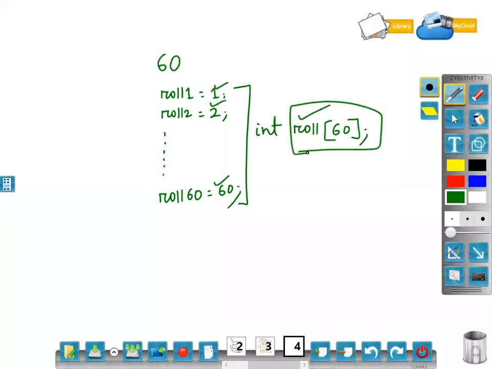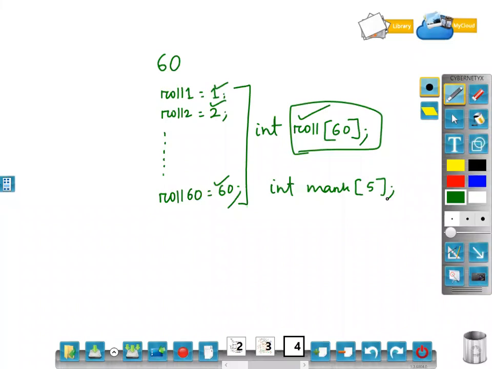Clear? Previously, you found the average of 5 marks or 5 numbers. What did you do? You declared 5 variables to store marks. Now I will declare integer mark, or float, whatever you can use, of size 5. That means a single variable can now store 5 values. So this is the application of array, to avoid multiple variables for the same purpose or to store similar kinds of values. I can declare a single variable which can do the operation for me.